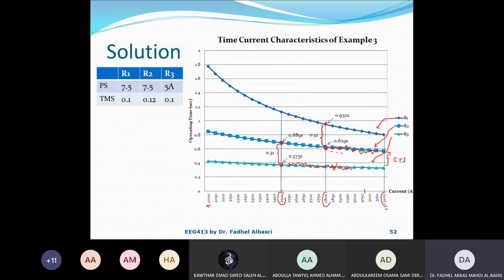So of course, it's very close to relay 3, relay 1, sorry. Suppose the fault is very close here. Although this will not see the fault, this also will not see the fault, this will take this time to operate. So it's a very long time. Okay, and our objective now, how do we reduce this time? We can reduce it by, okay,